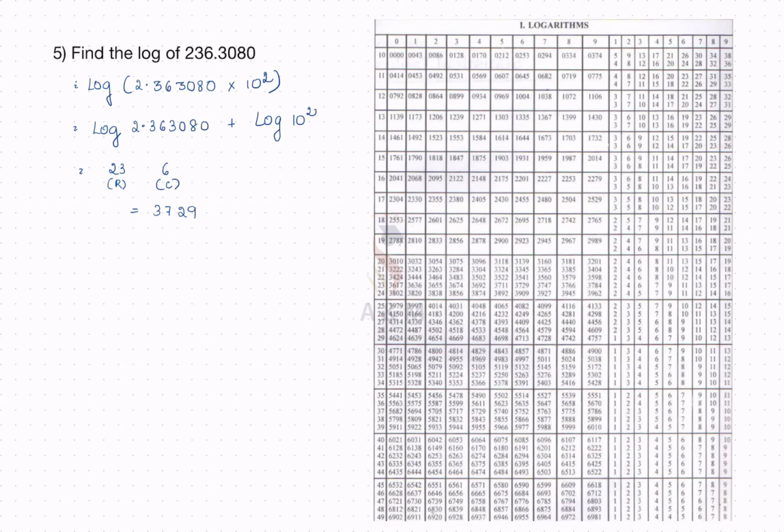Now you have to check with the mean difference. Next digit here is 3. So mean difference of 3